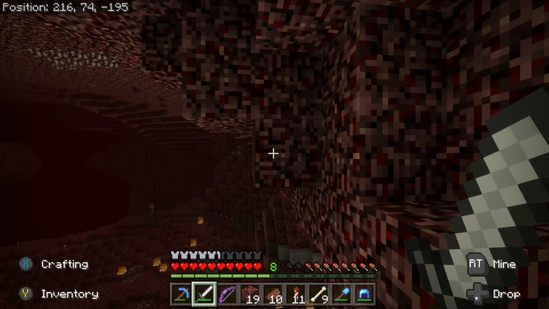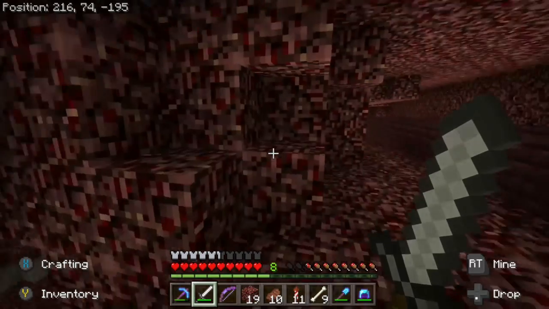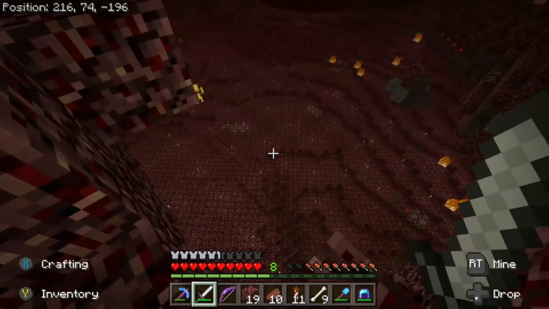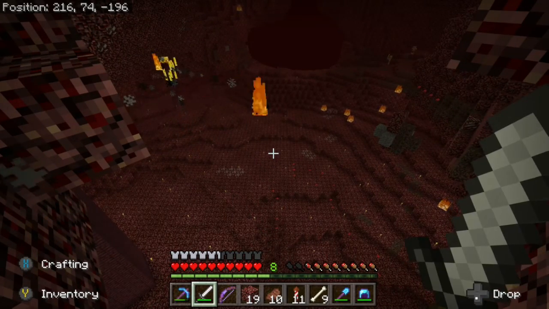Now what that means as far as the bounding box is concerned, is that this whole area, since this is Nether Fortress down there, this whole area right here is within the bounding box of the Nether Fortress. So when I was lighting the area up, I noticed there were a bunch of wither skeletons still spawning down there, which means